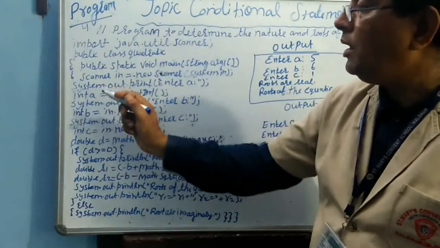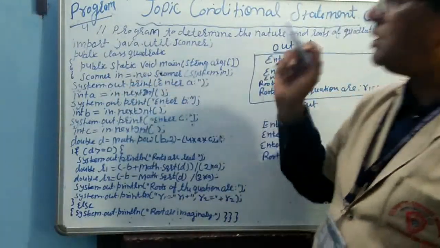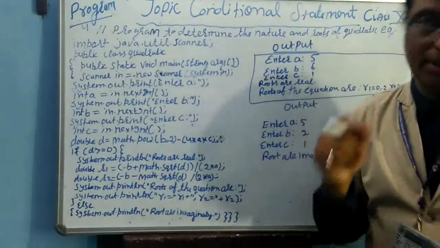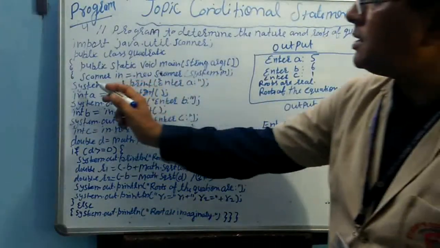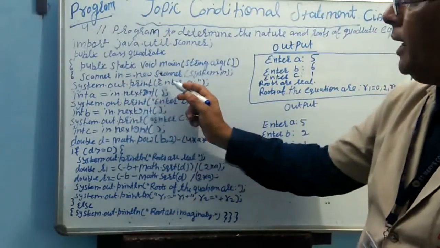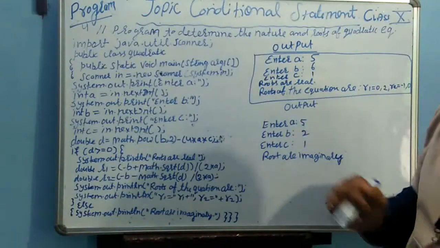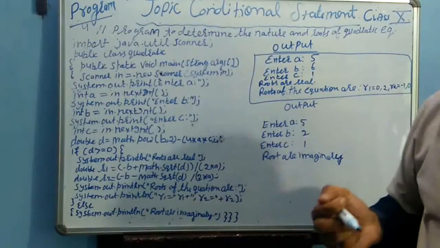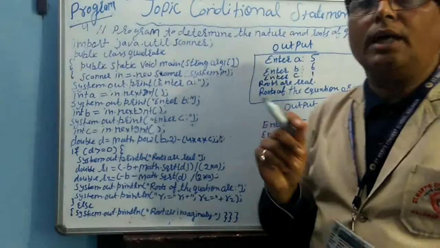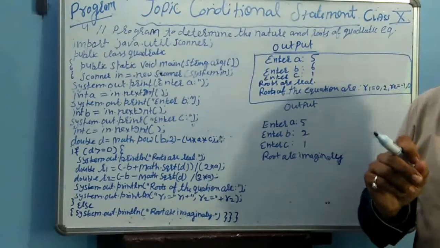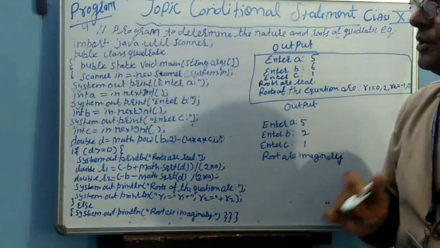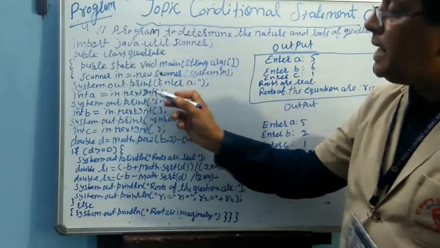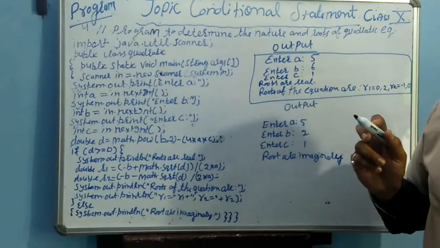Then after that you will use the output statement for entering the value of a, b and c. System.out.print "Enter a". Then you will store the value of a by using the integer type of data, because we are using in this program only the integer type of digit, means without decimal. So then int a = in.nextInt().